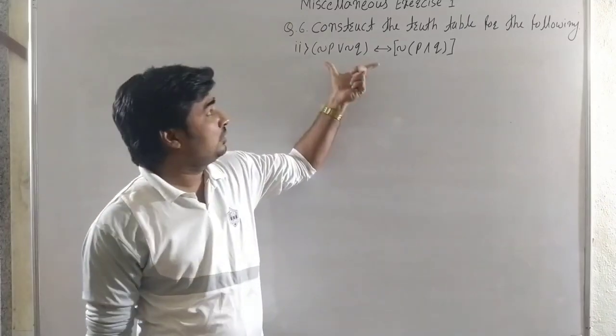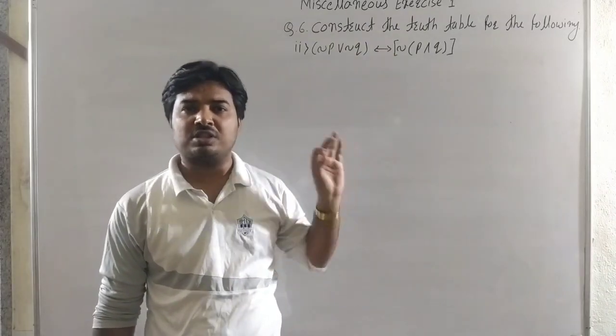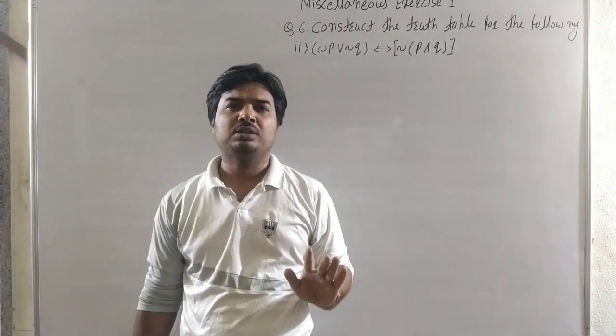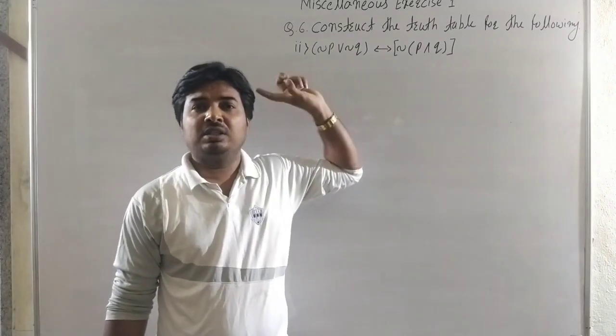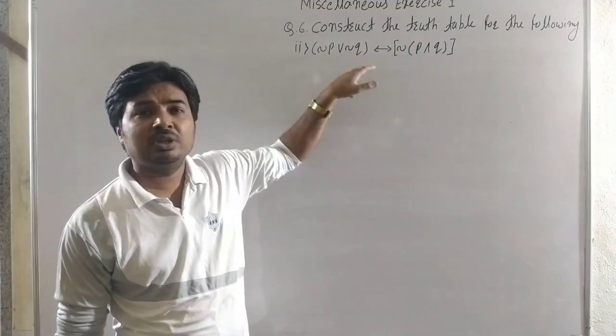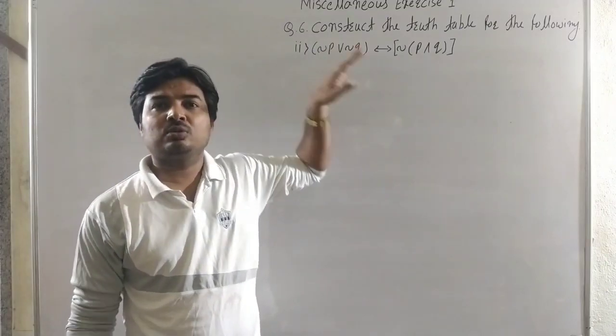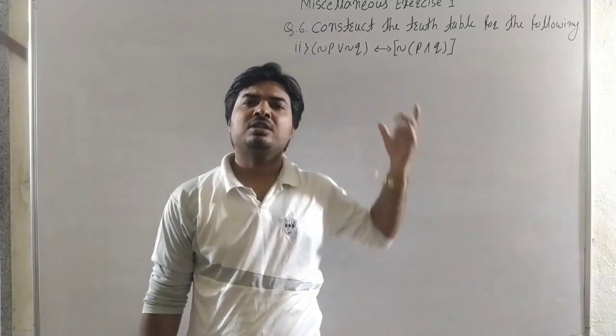There is a given statement pattern. We construct the truth table for this statement pattern. That means we want to find the truth values of this statement pattern. The truth values of the individual statements, that is P or Q, are not given. So here we find all combinations of the truth values, that is the truth table.